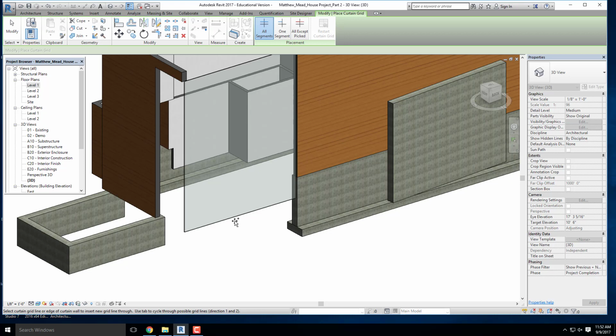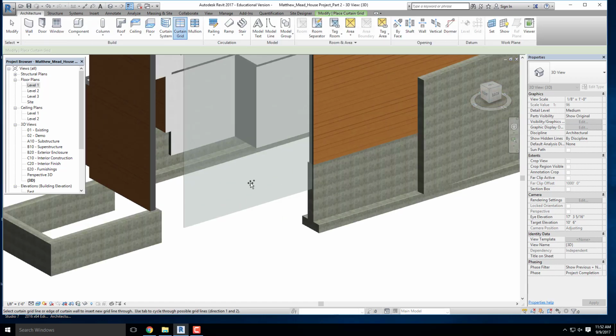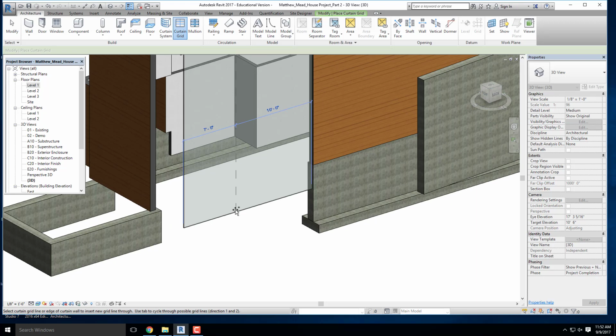You want to make something much different than your typical just grid window. So you actually want to make some real customized pieces. What you can do is, after you've built that curtain wall, you can go over to Architecture, and then you're going to click on Curtain Grid, and you can start to establish all of those grid points,